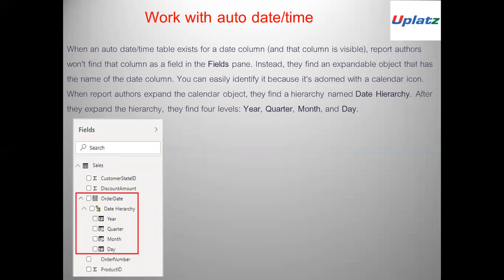And let us understand how to work with the auto date. When an auto date or time table exists for a column, we can identify it as the name of the date column and expand the category. After we expand the hierarchy, we find four levels, that is year, quarter, month, and day. The date time table which is created for the date column can be visible as an expandable item which has the name of the date column, and we can find the hierarchy named date hierarchy, and after that we can expand the hierarchy and the levels